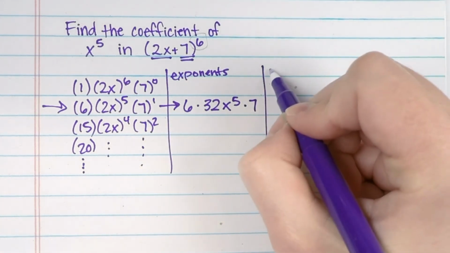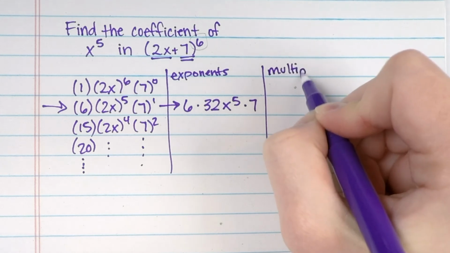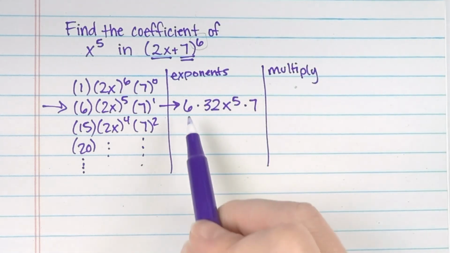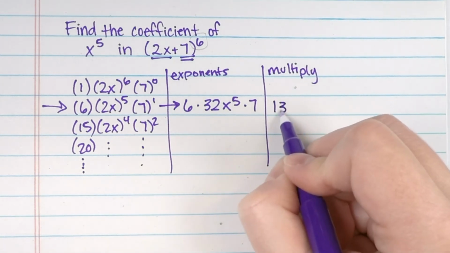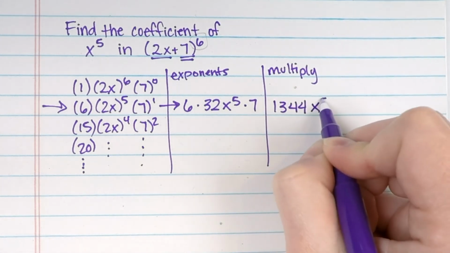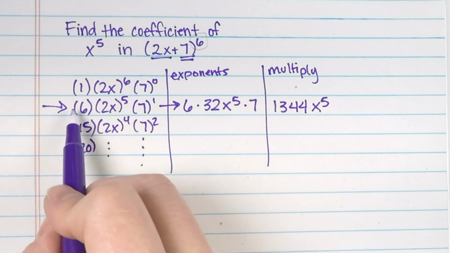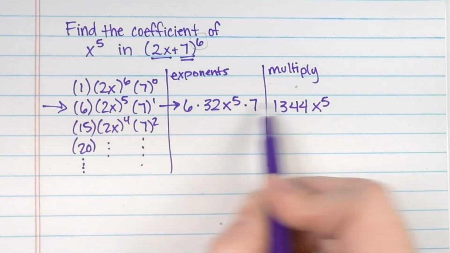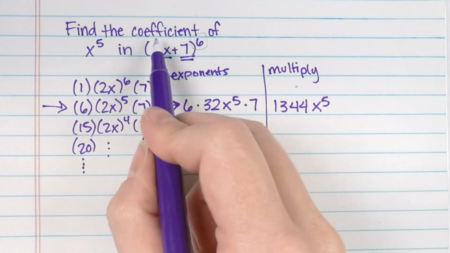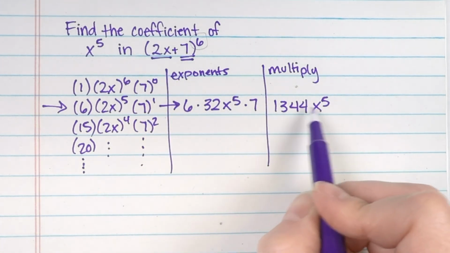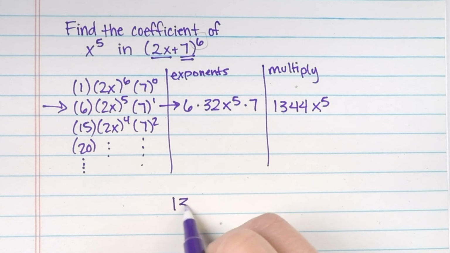And now if I simplify, doing the multiplication now that I've done the exponents, if I multiply out 6 times 32 times 7, this is going to give me 1,344, and then x to the 5th. So this term, the second term, which is in our second row, would be this 1,344x to the 5th. And all we want is the coefficient, so that's the number that our variable is being multiplied by. So then our final answer is just